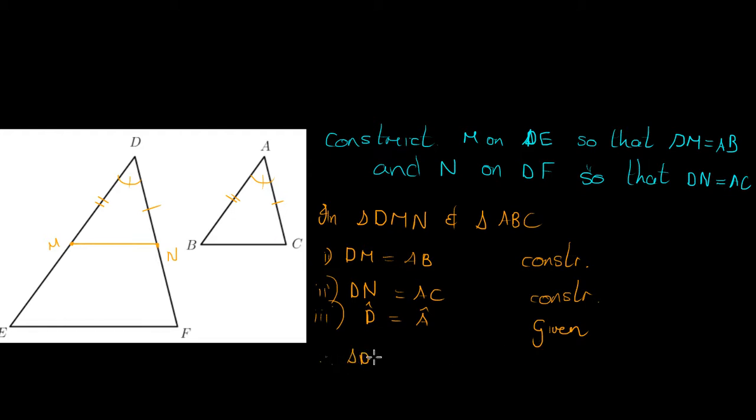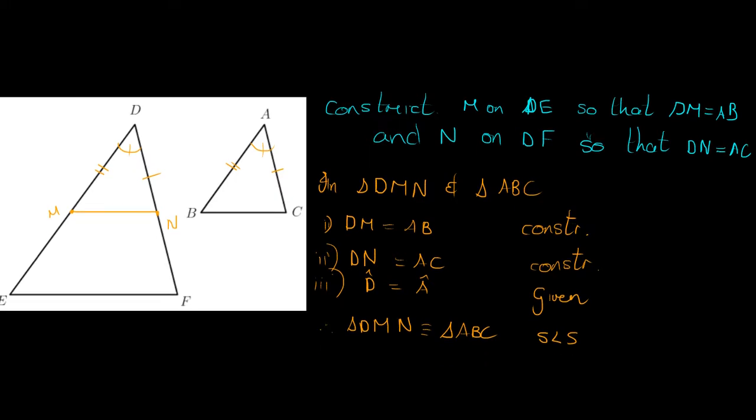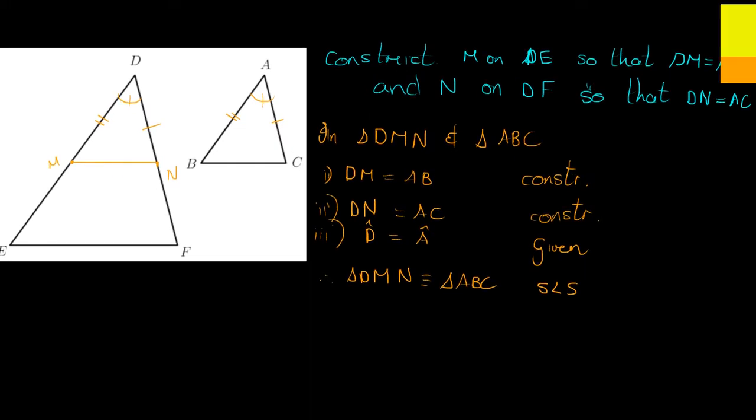Therefore, triangle DMN is congruent to triangle ABC. Side, angle, side. It's very important that the angle is between the two sides when I have two sides and an angle in a triangle. Okay, once I've proven that, I can move to my next step, where I can now say,